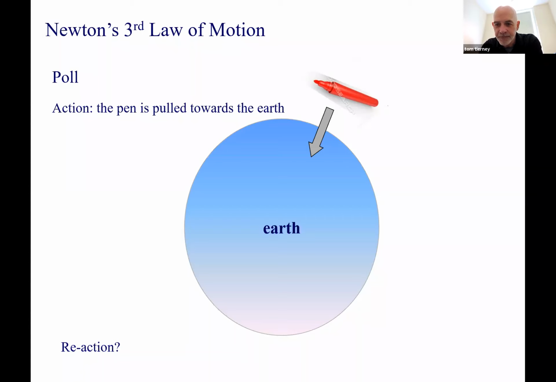Okay, so let's leave it there, and we'll share results. So the pen falls to the earth, which seems to be the most popular option, just under half. The pen bounces off the earth. The earth is attracted to the pen, or there is no reaction. Well, I'm happy that we've got nobody going for there is no reaction, because the word law is a bit